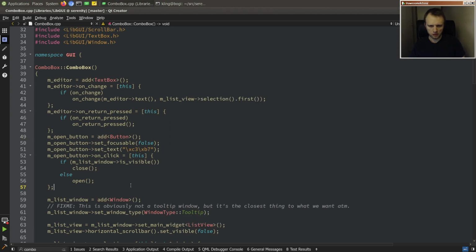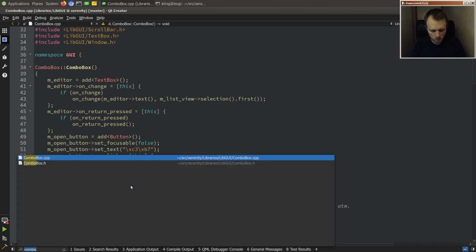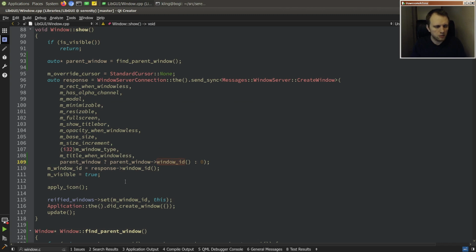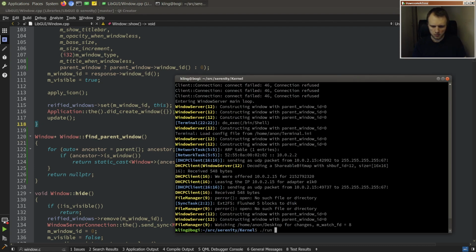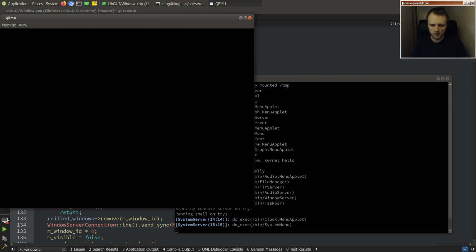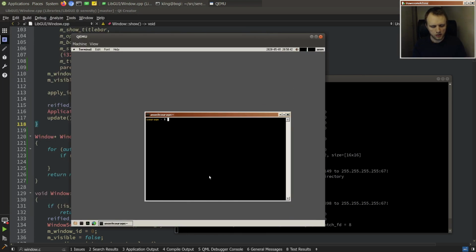Right, oh wait, hold on. The window is a child of a widget, but that widget might not have a window parent. I'm forgetting about that little detail. So let's see, in libgui window, find parent window. Just because we walk the ancestor chain, it might not mean that we find a parent. I think we should actually,